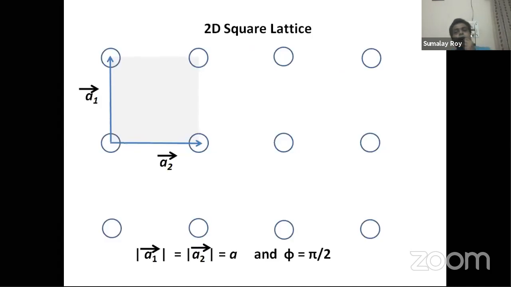Okay, now let us go back to our previous definition of the two-dimensional square lattice that we discussed on the very first day. We have a square lattice here where the magnitudes of A1 and A2 are both equal to a, and the angle between them is 90 degrees. It is very easy. Now, if we want to convert this into the reciprocal lattice, what will be the reciprocal lattice, and what will be the lattice constant of that in two dimensions? So you have a two-dimensional square lattice in real space. What will be the reciprocal space lattice?